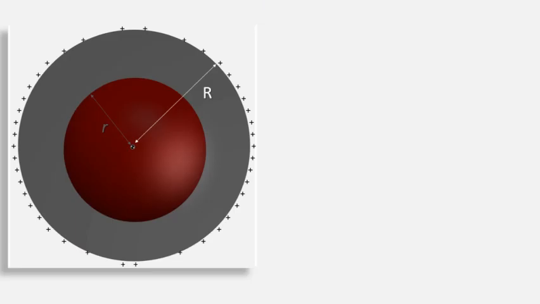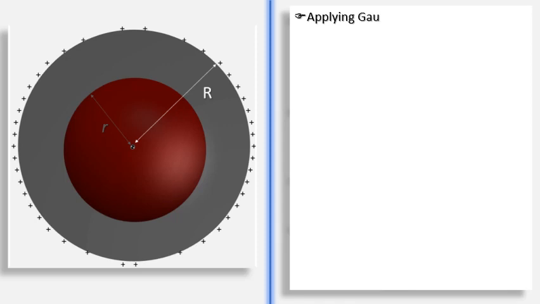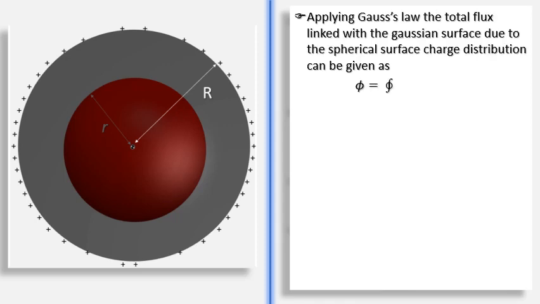So we will apply Gauss's law, which says that flux linked with a closed surface, closed integration E dot dA, is equal to sigma q by epsilon 0. Now I think we are familiar with the process: first we find out the left side. E being constant, you can take it out, and closed integration dA. What is this dA? It is a small part of the Gaussian surface, and integration dA will give you the area of the Gaussian surface, right? And what is sigma q? Charge enclosed by the Gaussian surface. So find out the two for the given situation, substitute, simplify. That is the procedure. We will follow it today also.